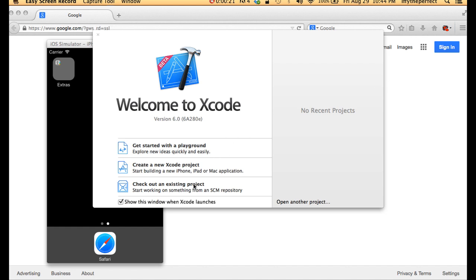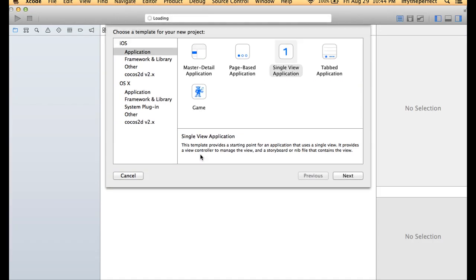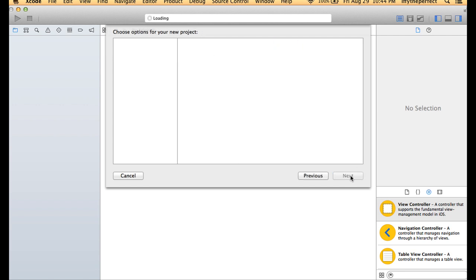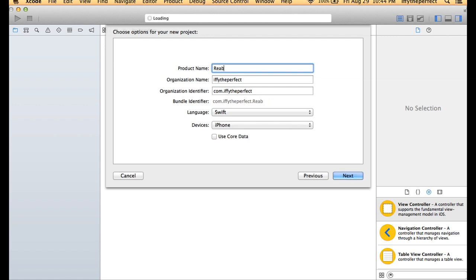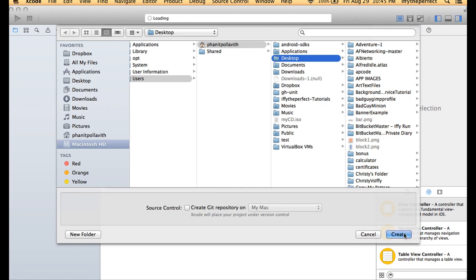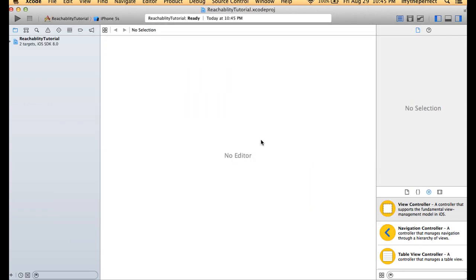So what we're gonna do is create a new Xcode project, and by the way, right now I'm using Xcode 6.0 beta 6. So just go to iOS application and create a single view application. Product name, I'm just gonna call this reachability tutorial, and language is gonna be Swift, device is iPhone. And just click next, and we're not gonna create a Git repository, so I'm just gonna create this on my